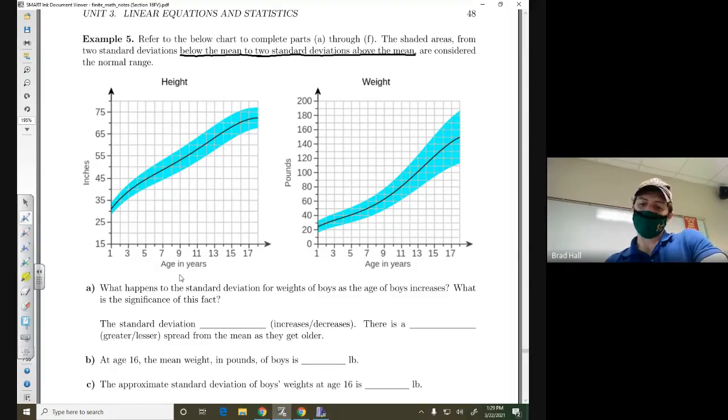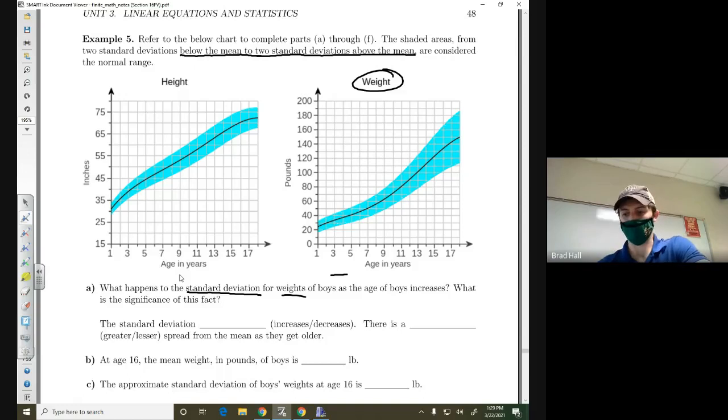They first ask, what happens to the standard deviation, so the blue shaded part, or teal, I'm not good with colors, whatever color that is. What happens to the standard deviation for the weights? So the weights tell us, let's look over here, as the age increases, does the standard deviation grow or does it shrink? It grows. As the age in years increases,